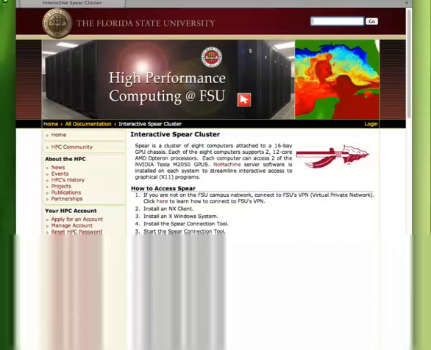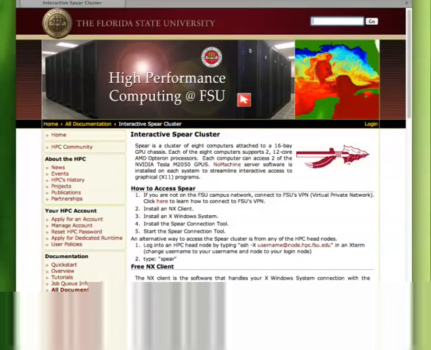FSU is now supporting a specialized system called Sphere. Sphere is designed to run interactive software applications, making it easier to visualize and explore large data sets stored on any of HPC's file systems. To learn more about the Sphere cluster, go to HPC's website,